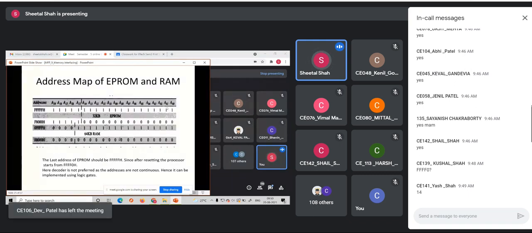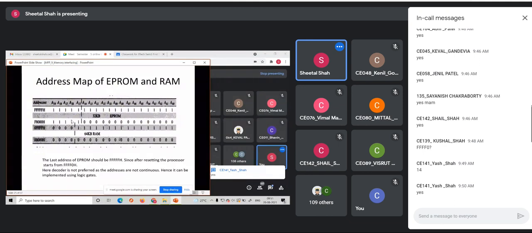So you can see this is A0, A1 and so on till A14. The last address for the EEPROM is all ones, A0 to A14 all ones, and the starting address of the EPROM would be all zeros. Hope you are getting this. A0 to A14 should be all zeros, and the last address would be all ones. Whereas A15 to A19 should be ones. Have you understood this part? So A15 to A19 would remain 1.